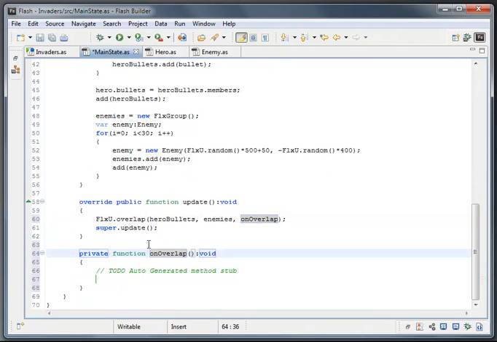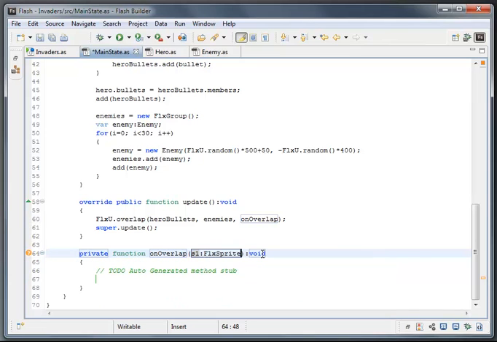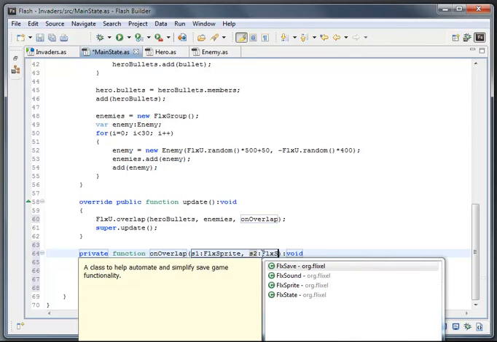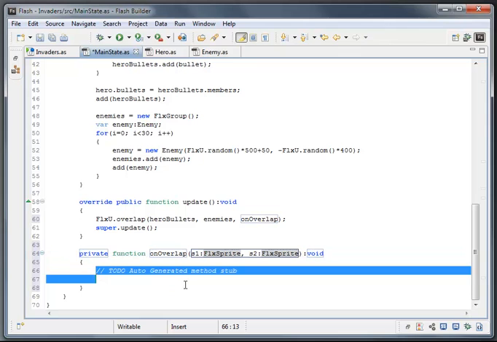Now there are two parameters that get sent to this, which are the two Flixel sprites that have overlapped with one another. So I'm going to create the first parameter. I'm just going to call it s1, and again, this is going to be of type FlxSprite. Then s2, again of type FlxSprite. And we know which one it is based on the order in which they appear here. So s1 is going to contain a bullet, and s2 is going to contain an enemy